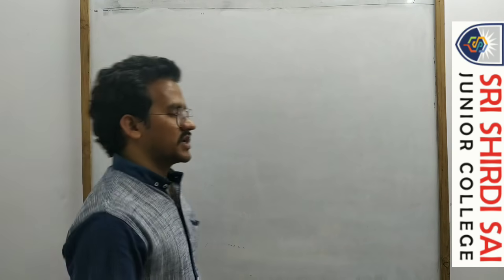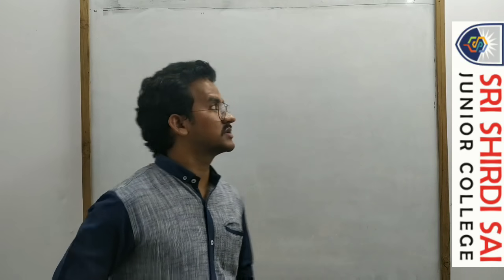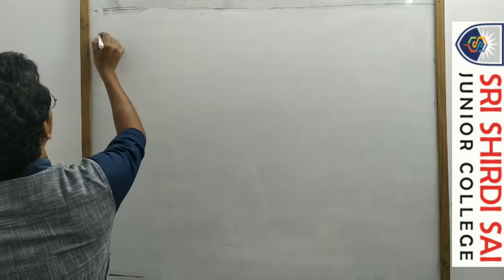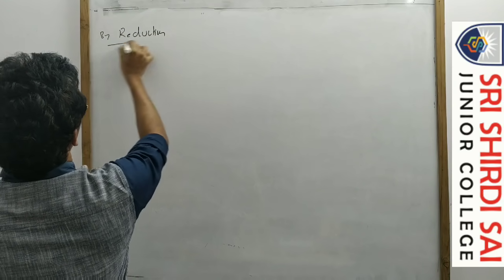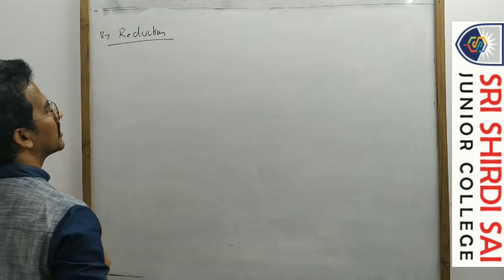Okay. So next, another preparation method, that is reduction reactions. So reduction reactions of carbonyl compounds, that means aldehydes, ketones, carboxylic acids, anhydrides, esters, acid halides. All those compounds on reduction produce alcohols. So these reduction reactions are very, very important reactions. So let us discuss reduction reactions. Okay, so by reduction we can prepare the alcohols.